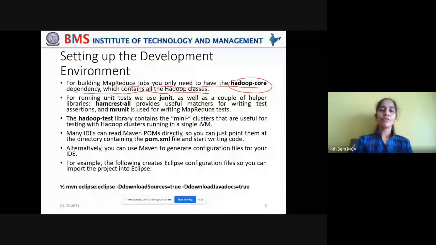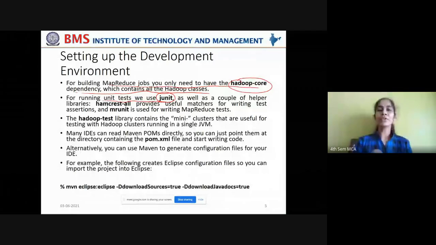Now for running unit tests, we may use JUnit, Java unit. What do we mean by unit tests? I explained it in the previous class. If every block of functionality has to be tested, it can be followed by unit tests, which will give us some expected results. If we want to check whether the obtained result is actually equal to the expected result or not, you can write these unit tests.